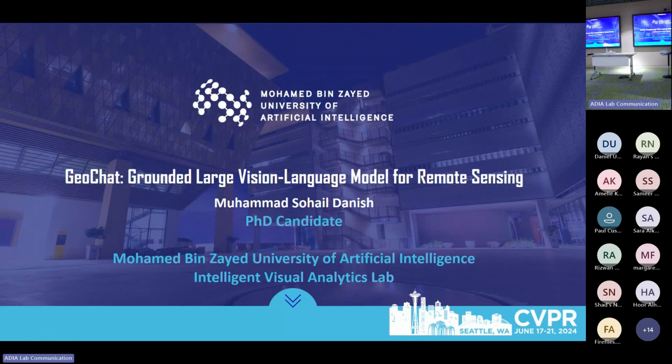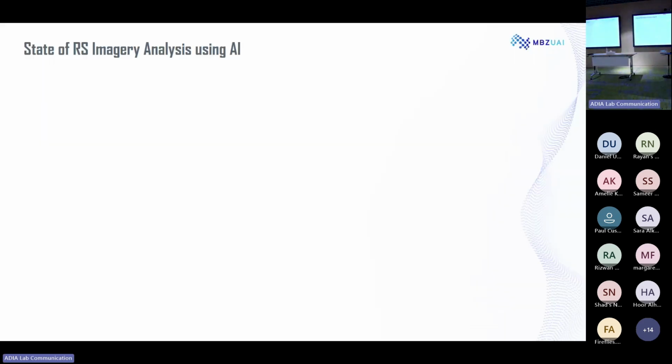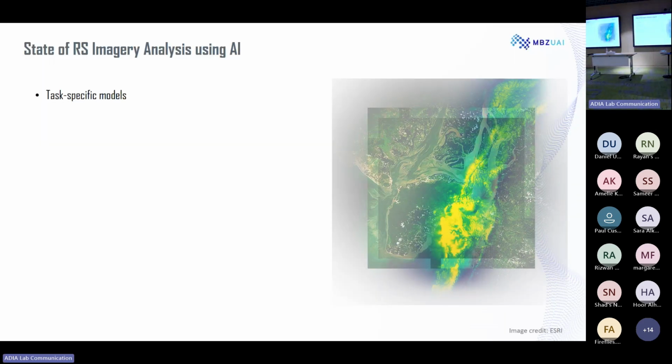Hello, everyone. My name is Mohammad Sohail Danish. I'm a PhD candidate at Mohammed bin Zayed University of Artificial Intelligence. Today, I will be talking about GeoChat, which is a grounded vision and large language model for remote sensing and Earth observation. If you look at the recent advancements in remote sensing imagery analysis AI models, they are